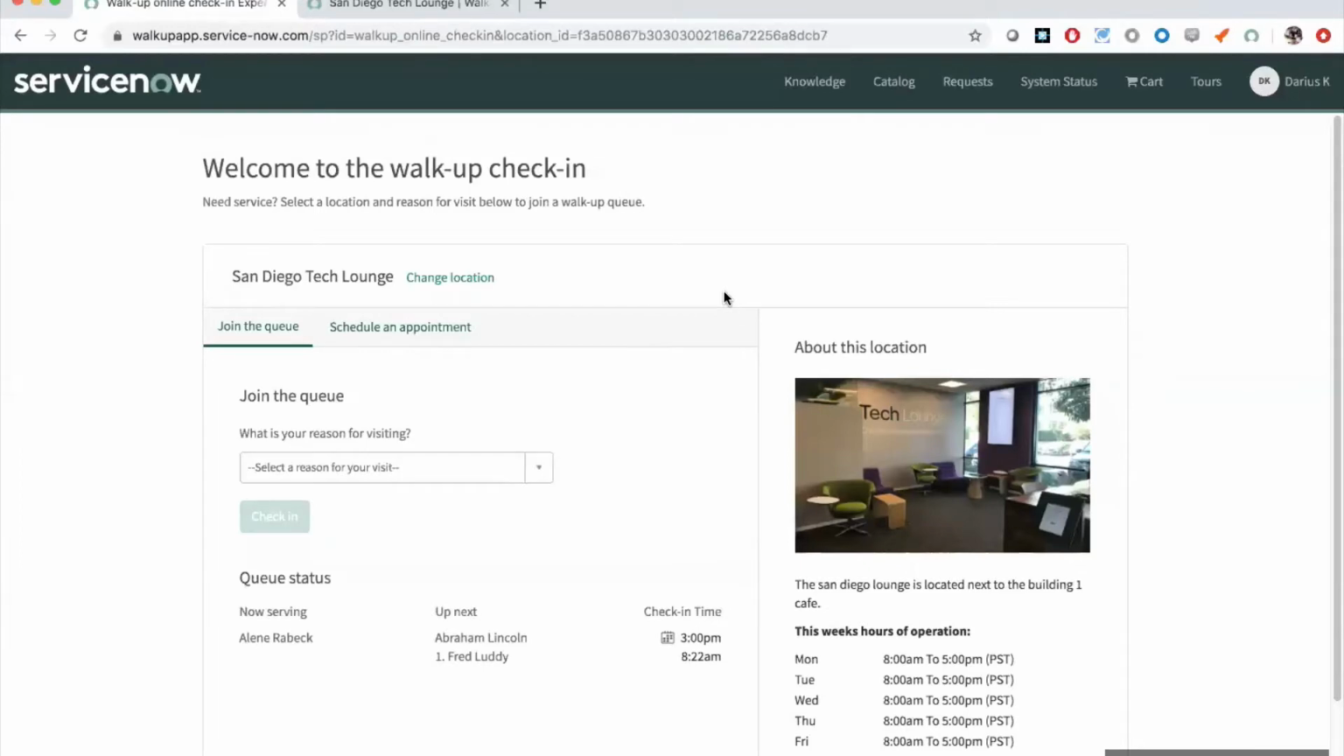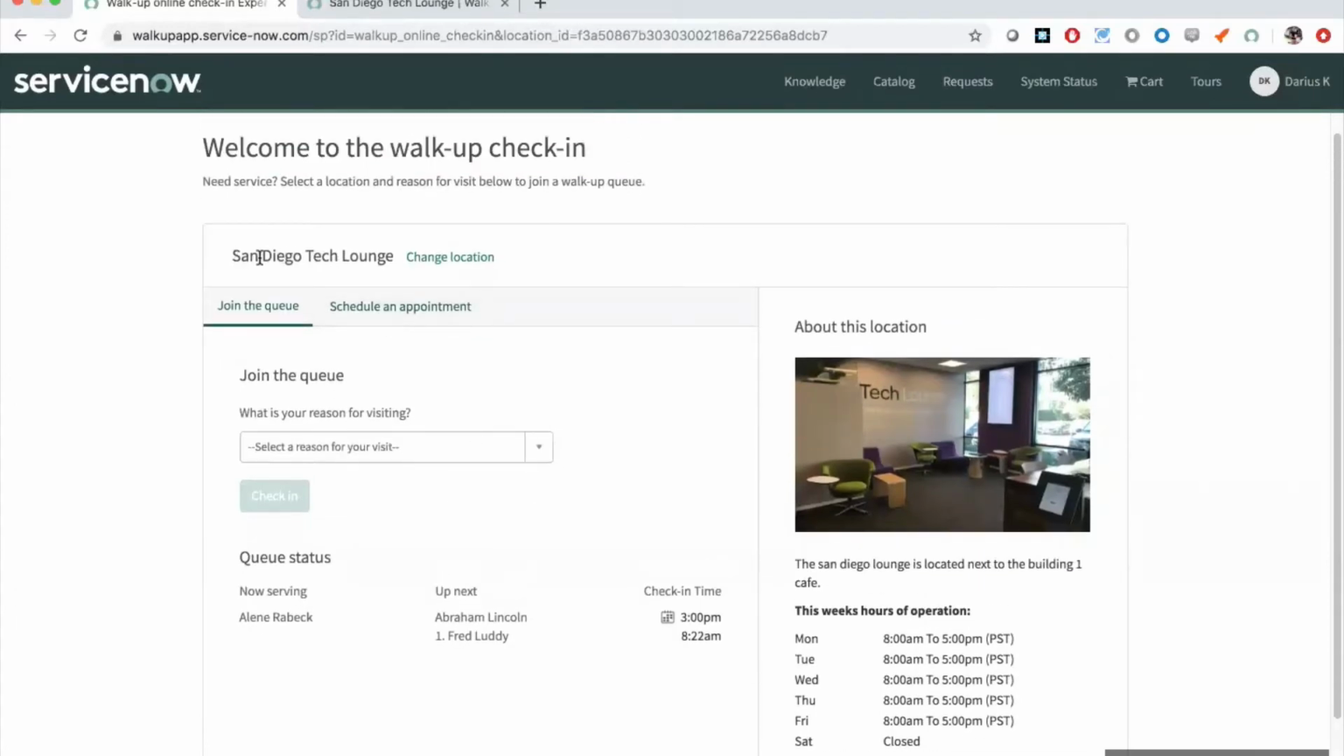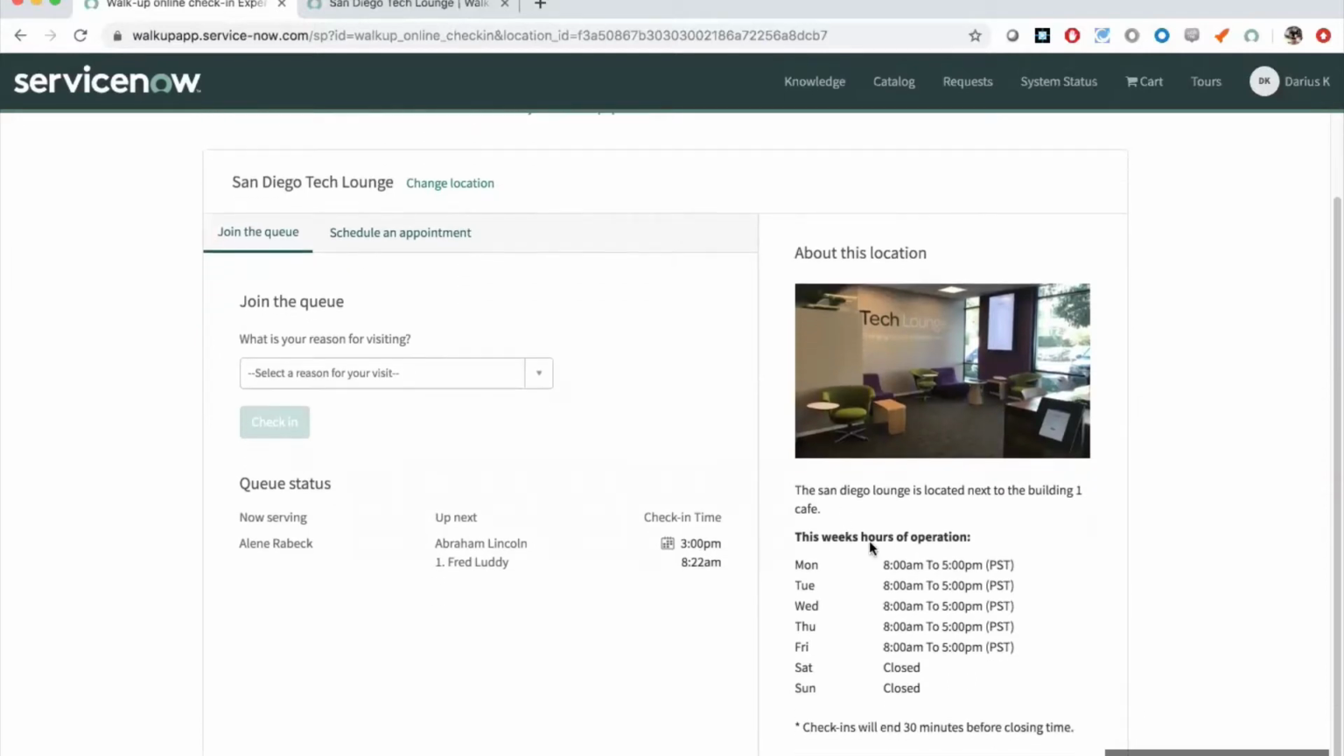Employees interfacing with the walk-up when they want to schedule an appointment will be using the online check-in interface. This screen we see here is the online check-in. From this interface, employees gain information about the given tech lounge of interest. They can see an image of the location, description, the hours of operation, and importantly, they can see the current queue as well as the regular line and differentiated users that are in queue for an appointment